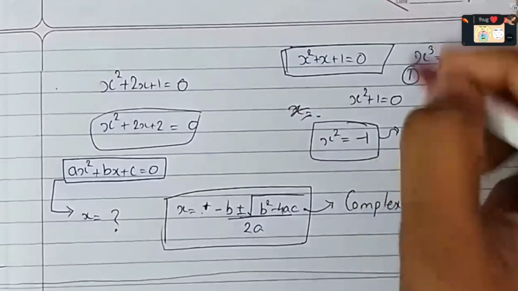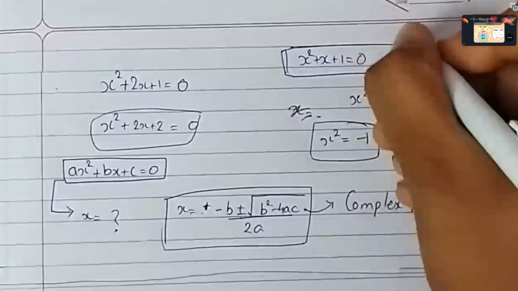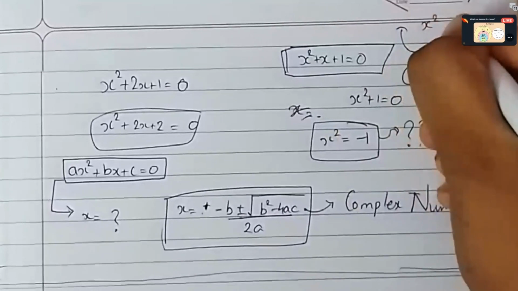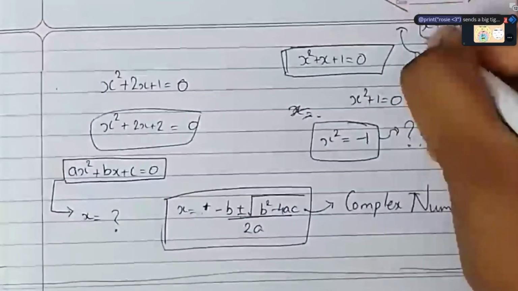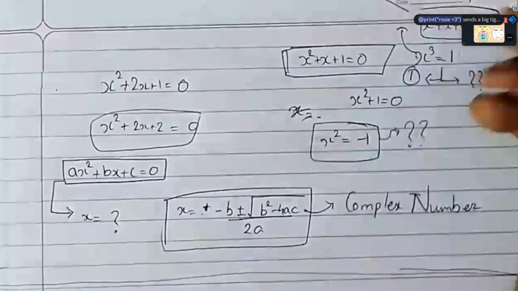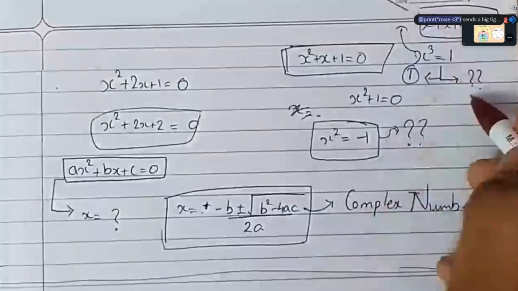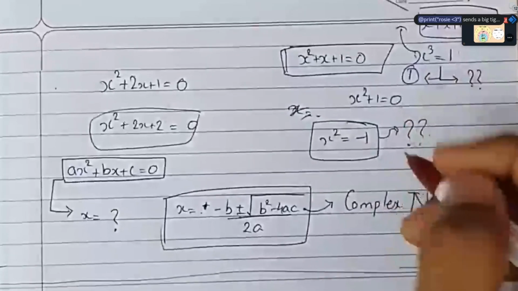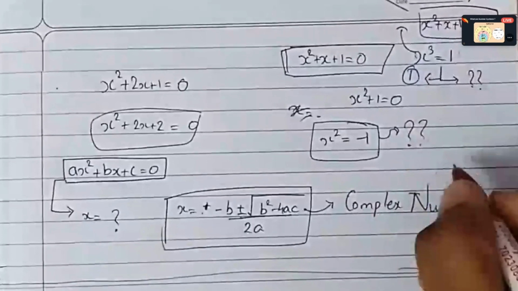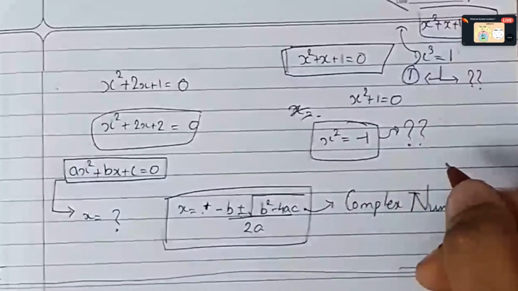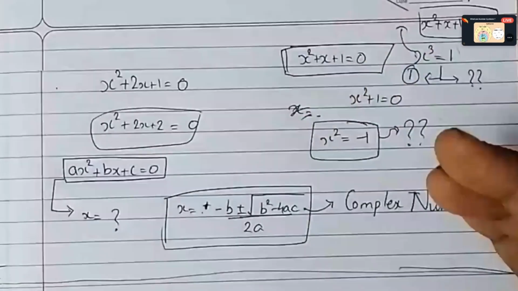This is the part where x square equals, so the other part of this equation will be x square plus x plus 1 equals 0. These solutions are also really important in some sense. And this is the sort of question that we didn't have an answer to, because there was no number which you can square to get a negative number.